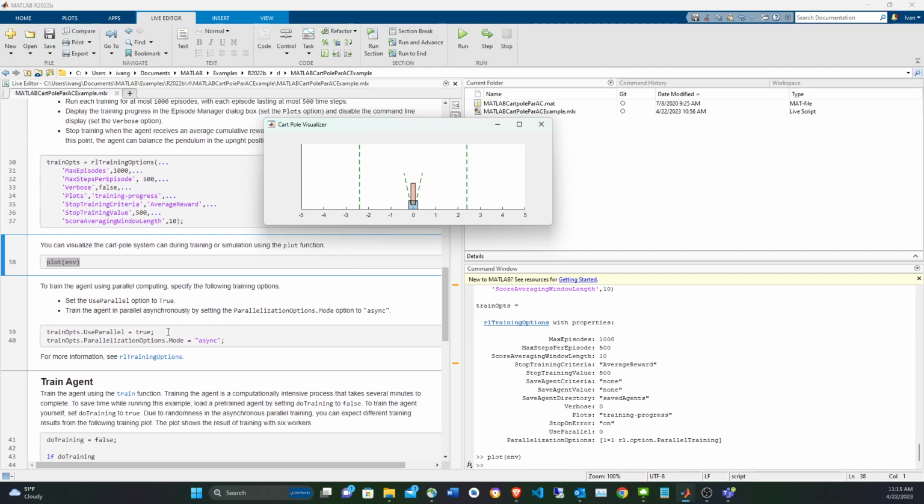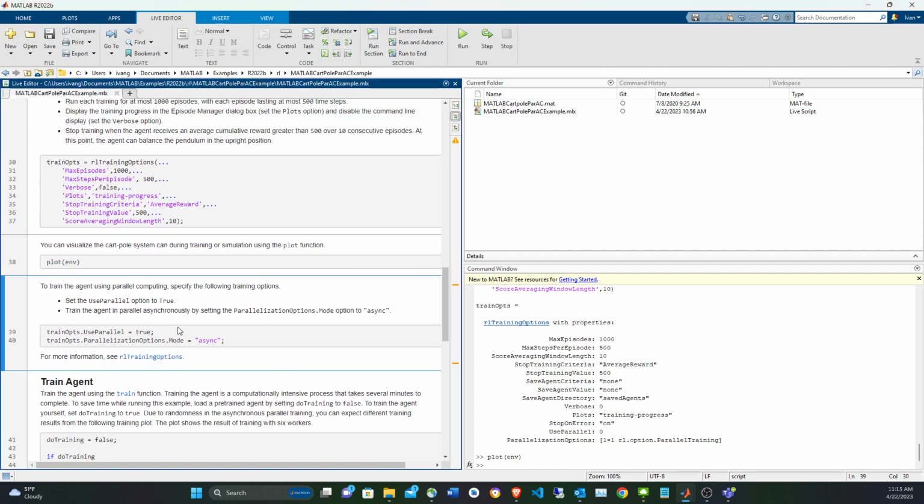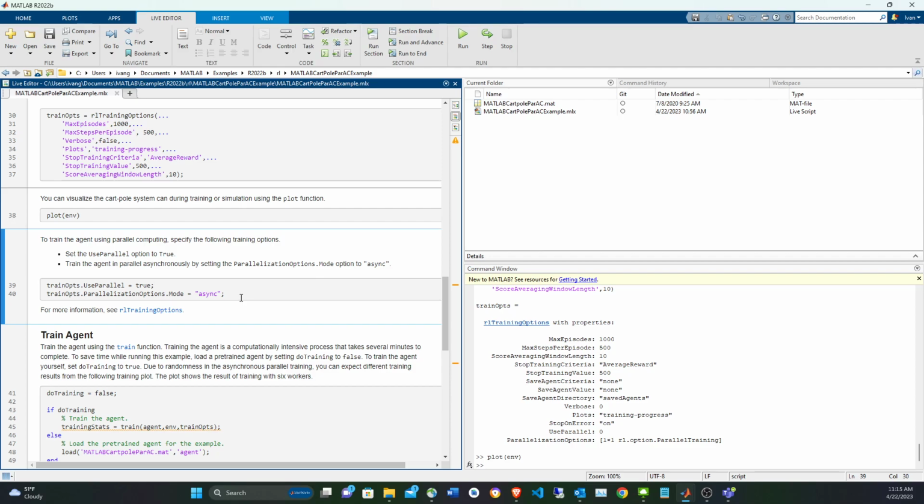And now with the training options, we're gonna go to the parallelization. So this is an optional step. If you don't have parallelization or the parallel toolbox, then you don't have to do this step. This goes inside the training options. So there are two ways of parallelizing this. You're gonna have a set of workers, and the workers can compute the experience, or they can compute the experience and the gradients. In the case of the experience only, which is more convenient when the experience is the bottleneck,